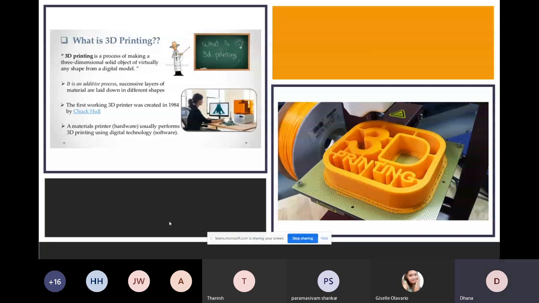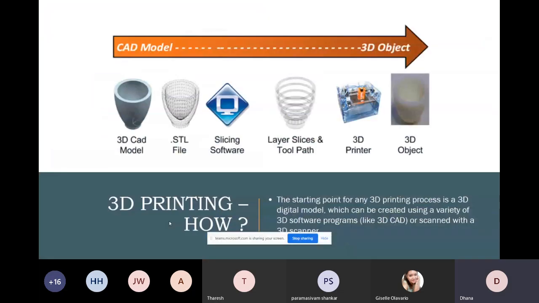So how does 3D printing work? The first and basic thing which you need is a CAD file, and then you will convert it into an STL file, which is like a triangular facet file, and that file will be fed into a slicing software. Each and every 3D printer and each and every additive manufacturing company has its own slicing software, and there are n number of third-party softwares also available to convert an STL file into a 3D printable sliced file. As you can see, the same CAD model is converted into a number of layers. Each and every ring is a different layer, and that will be fed into a 3D printer, which will have its own mechanism to print the 3D object.